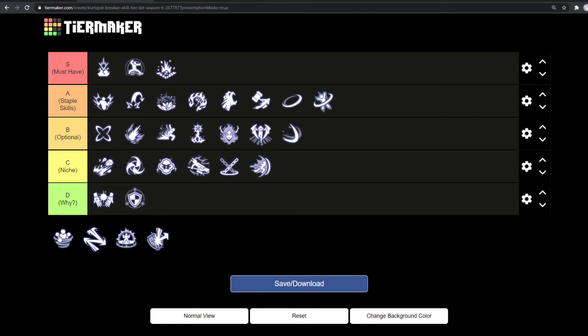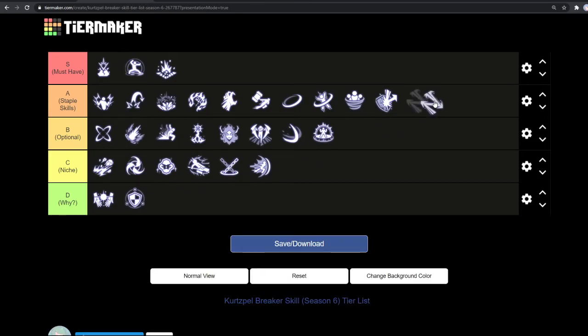I'm going to put it there. I know some people may disagree with me on that, but I'll put that there. I think Shield Pull is a pretty stable skill. I'm only going to put counter at A2 to be honest. I'll put that there, and I'll put this...